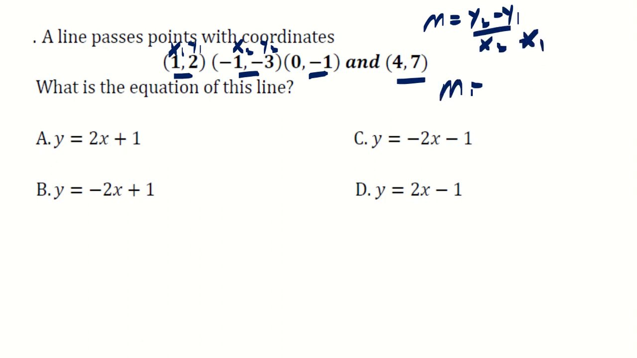So the slope will be y2, which is negative 3, minus 2, the whole over negative 1 minus 1. It will be negative 5 over 2, so the slope is equal to